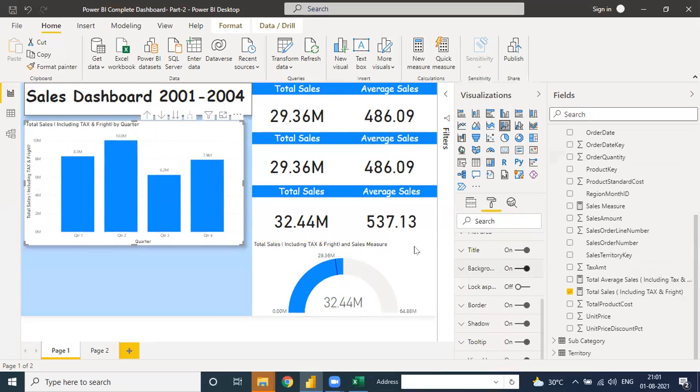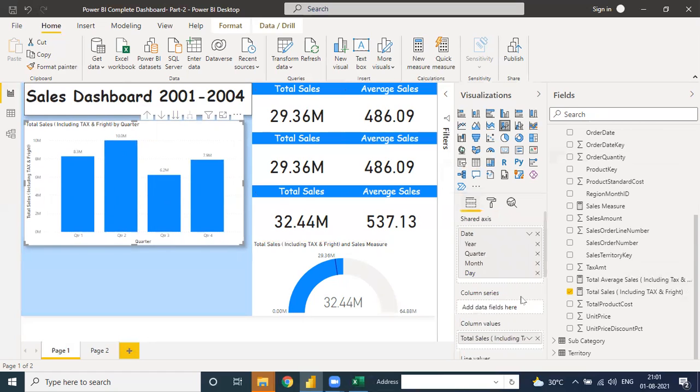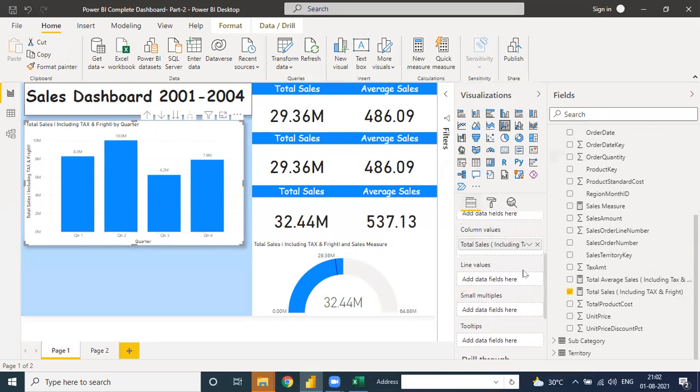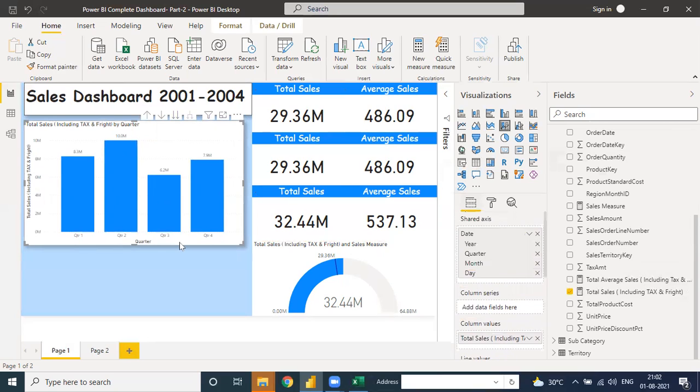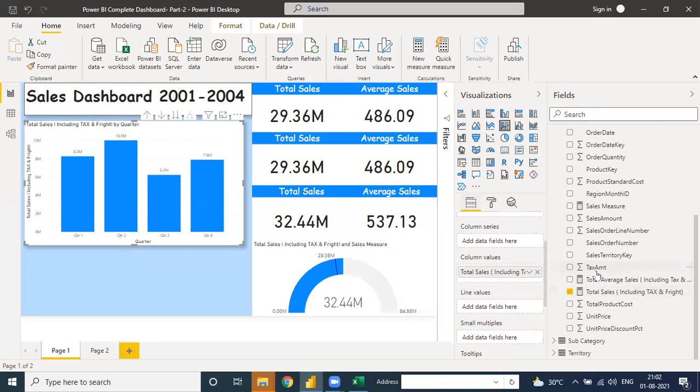Here is the month wise view. Suppose you need only quarter wise and comparability with the sales. Okay, suppose you do one thing more, go to this and there is the option of line value. Under the line value, because we don't have anything like that, suppose we charge the tax under the line value, so you can directly go to the tax amount and put it in the line value.